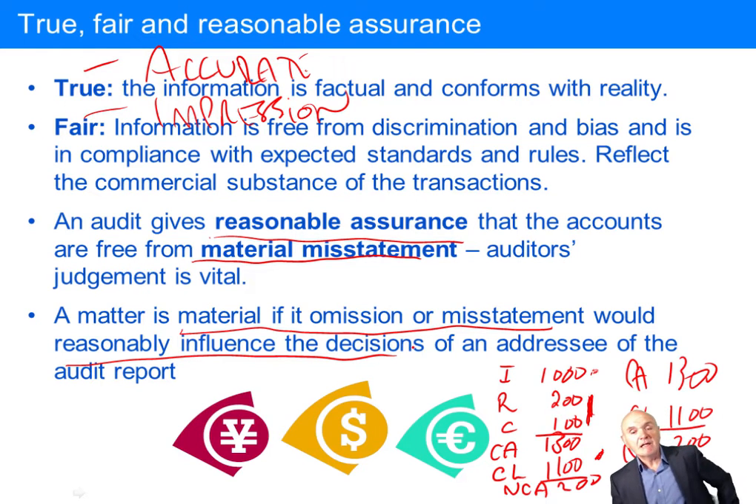So a matter isn't really material. It could be wrong, but if it's not so wrong that it's going to make you buy shares, or sell shares when you shouldn't, then it's not material. But if it was, let's say, materially overstated profits and therefore it provoked you to go out and buy more shares, then, of course, it is influencing your